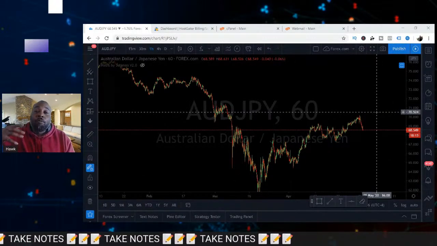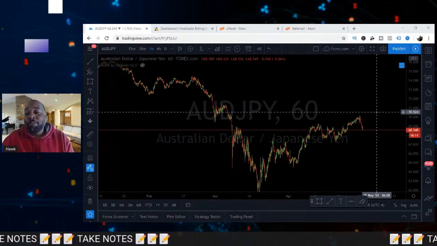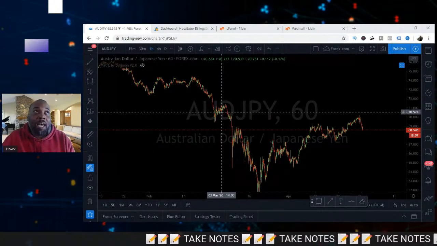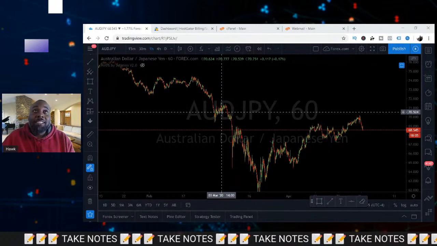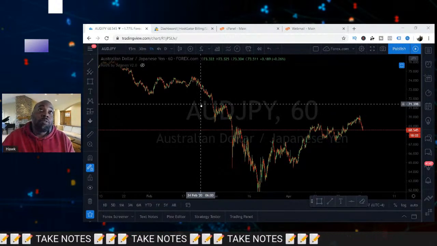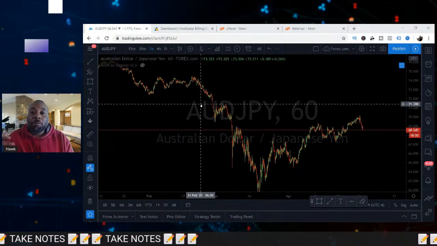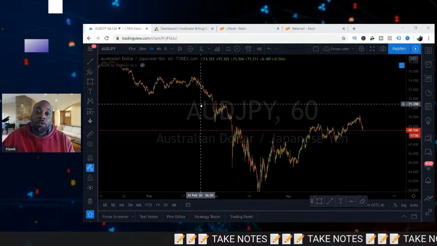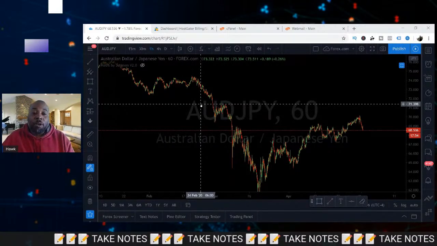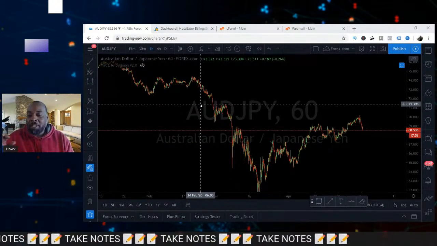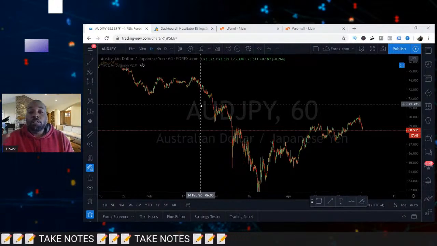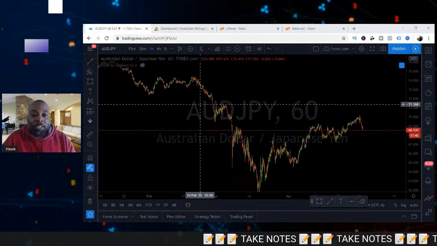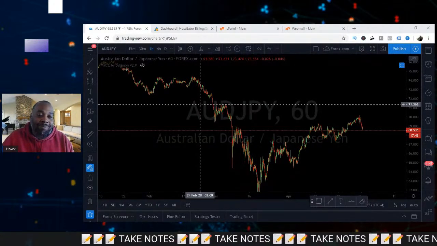Now, for some people, it may be difficult seeing whether the market is going up or down. So then you can add things like EMAs or Fibonaccis or different tools to show you exactly where to look for certain patterns within the market. But those things are 100% up to the user. So I hope that clarifies some of what you saw in the video. And if there are any questions, I'll be happy to answer them.